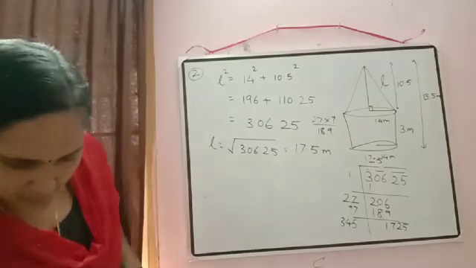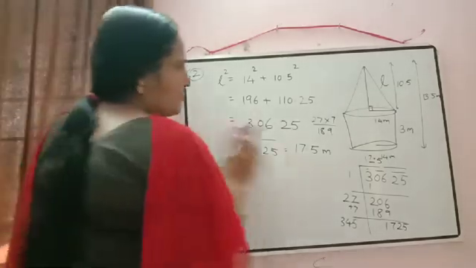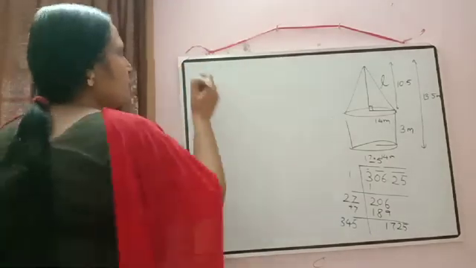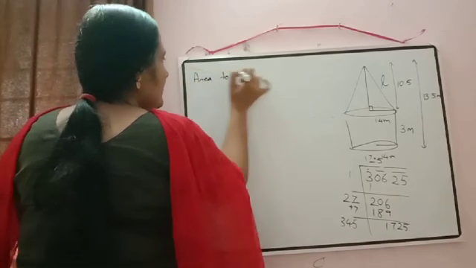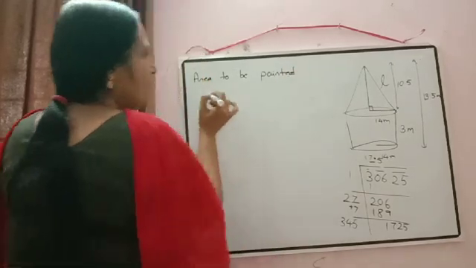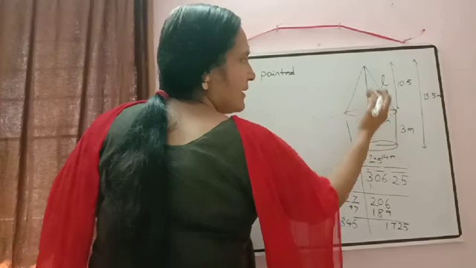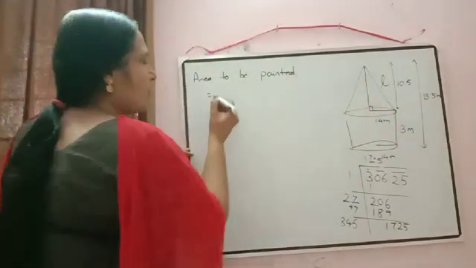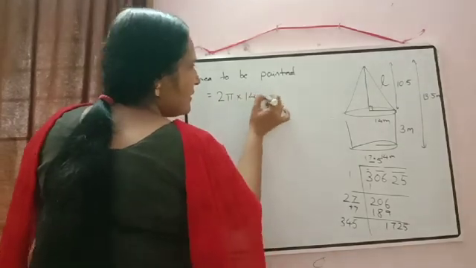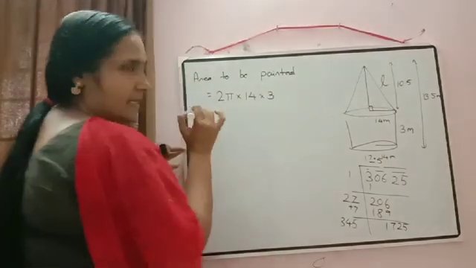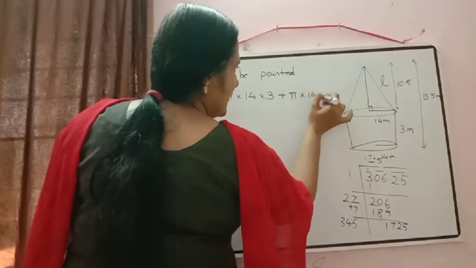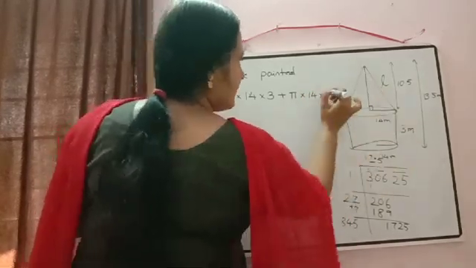Now directly we'll calculate the area to be painted, 17.5. Remember that one? Just write down, area to be painted is equal to, what are the areas we will paint? Curved surface area of cylinder plus curved surface area of cone. Curved surface area of cylinder, 2 pi RH. What is R here? 14, and height of the cylinder is 3, plus pi RL, pi into radius of cone, 14 into L, slant height of cone, just now we have calculated, that is